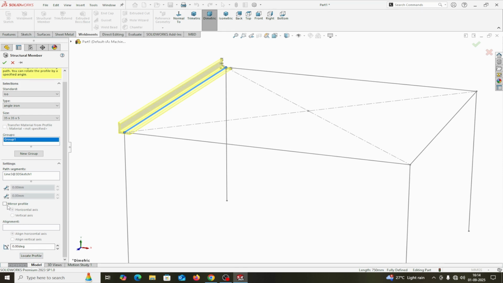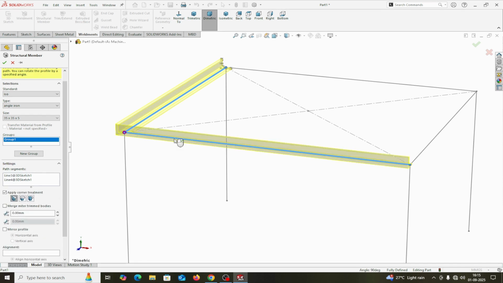Now, mirror profile. If you mirror profile in this way, vertical in this way, horizontal this way, I uncheck. In this way, you can also change the mirror profile. Actually, we are focusing only on the structural member in the SolidWorks weldments. Okay. Now I take the second group, like this one, arms,